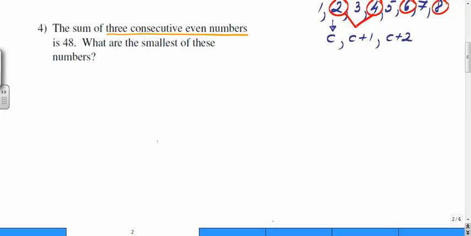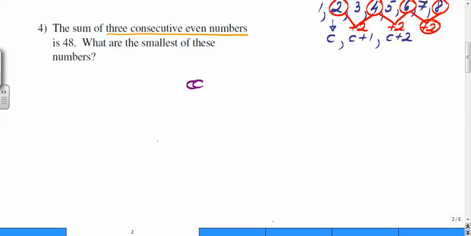From 2 to 4, you need to add 2 units. From 4 to 6, you need to add 2 units. From 6 to 8, you need to add 2 units, right? So if one, and let's call it,